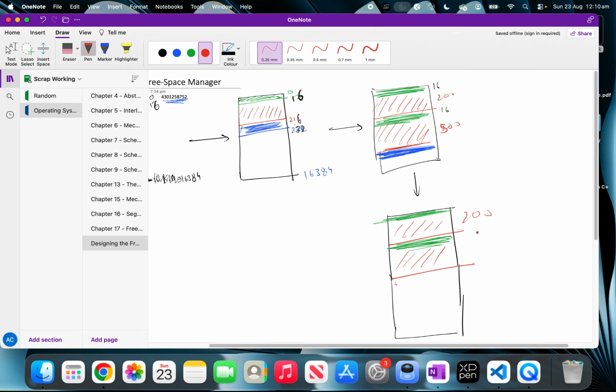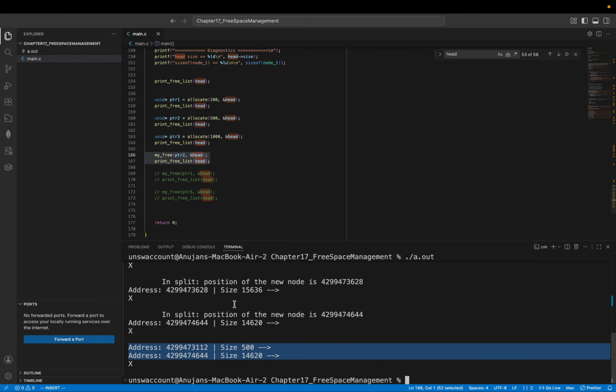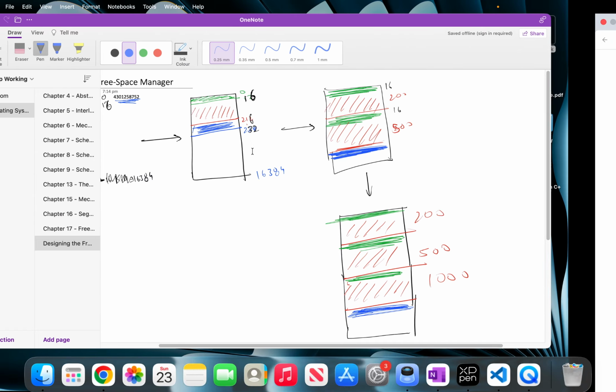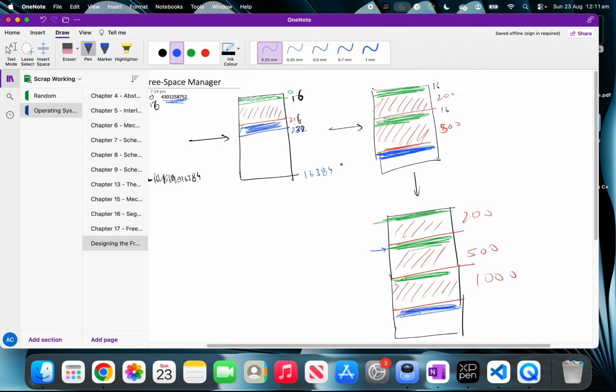That's 200 and 500, and then you have another green, and a chunky boy, but I won't draw it chunky because I didn't give enough space, and then your next header, and then the free memory there. When you do the free on pointer 2, which is this guy over here,